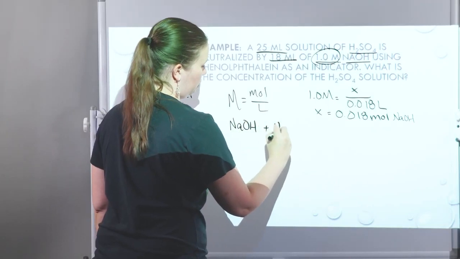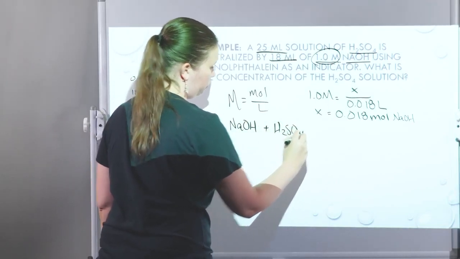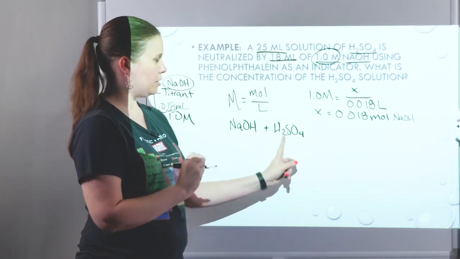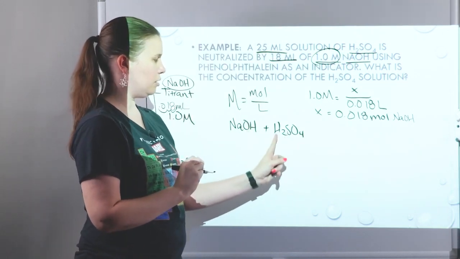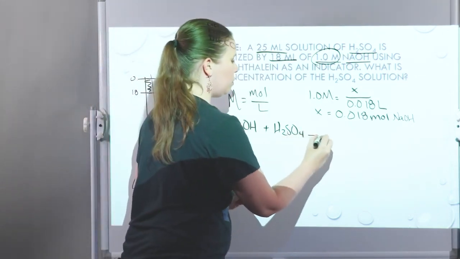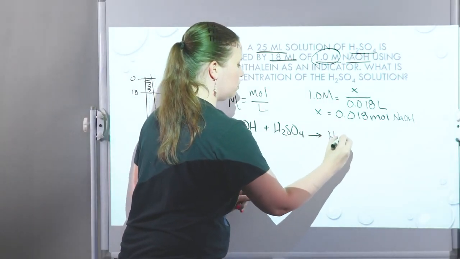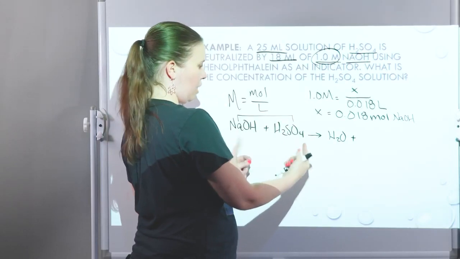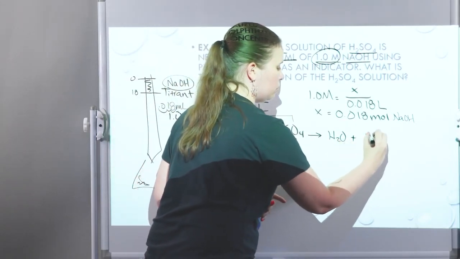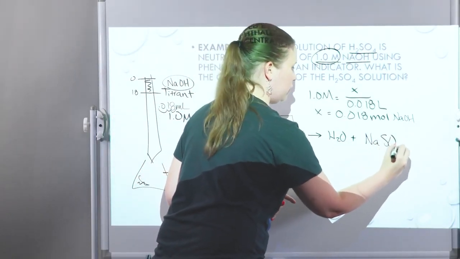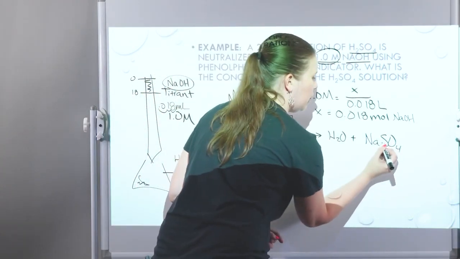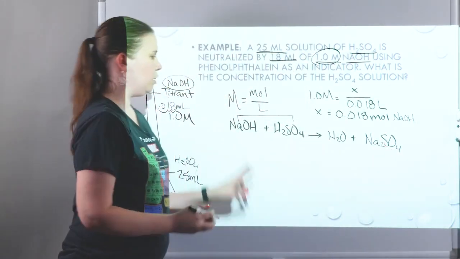NaOH reacting with H2SO4. So I see an Arrhenius base and an Arrhenius acid because I have hydroxide and hydrogen ions. So that means the products will be water, H2O, and a salt formed from combining the outside cation and anion, or sodium sulfate. Sodium is +1 and sulfate is -2, so it's going to be Na2SO4, meaning I'm going to